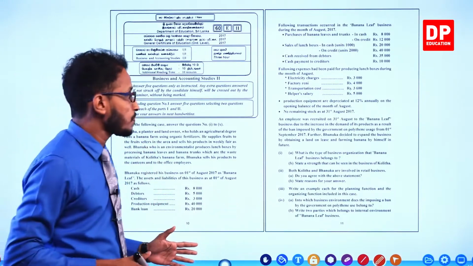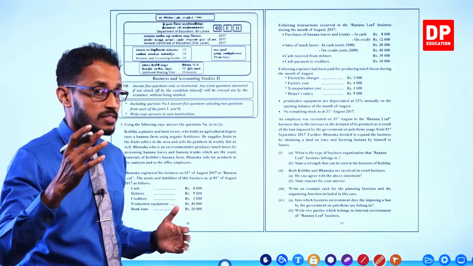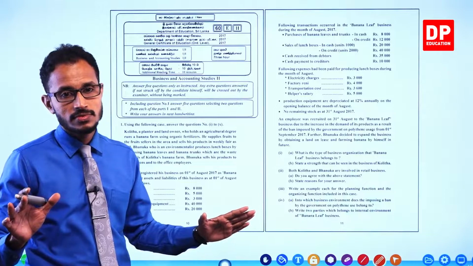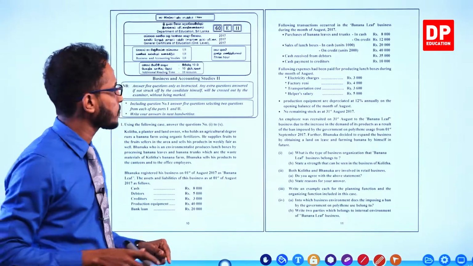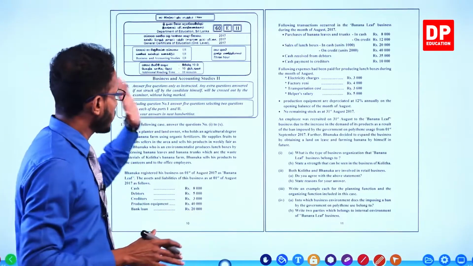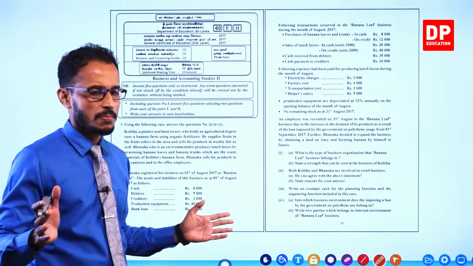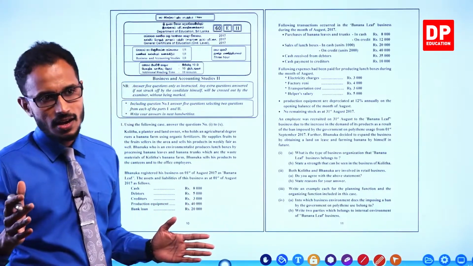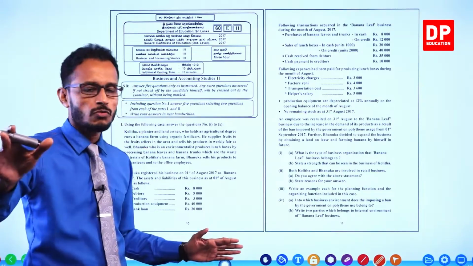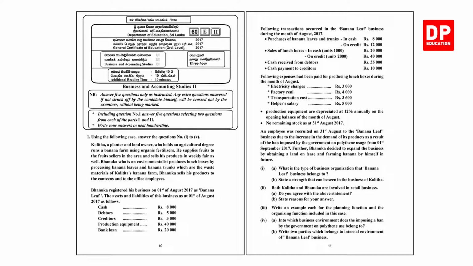Second paper, as you know, when we did the 2016 paper, I did a complete in-detail breakdown of the questions. The 2017 paper is the same every year, but just for you who did not watch the working out of the 2016 paper, I'll do another briefing. 2017 Business and Accounting Studies,